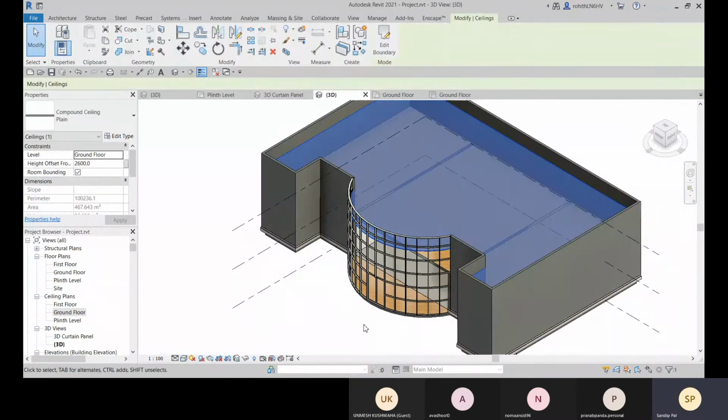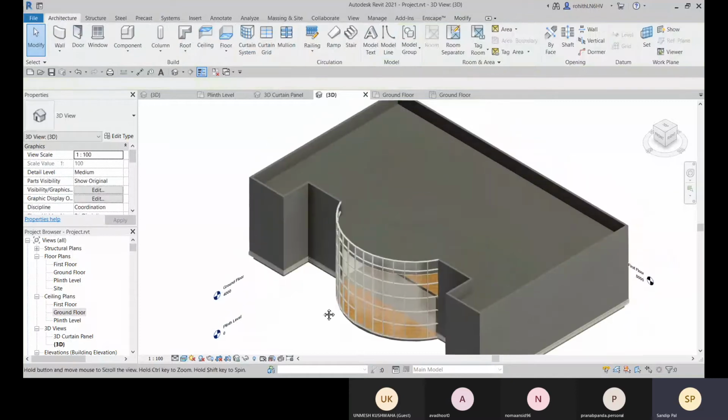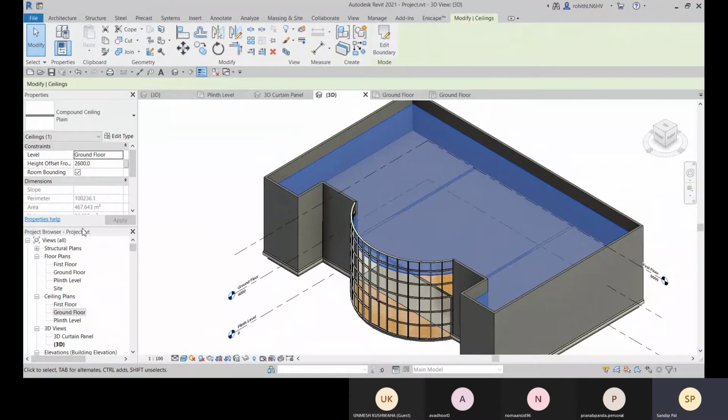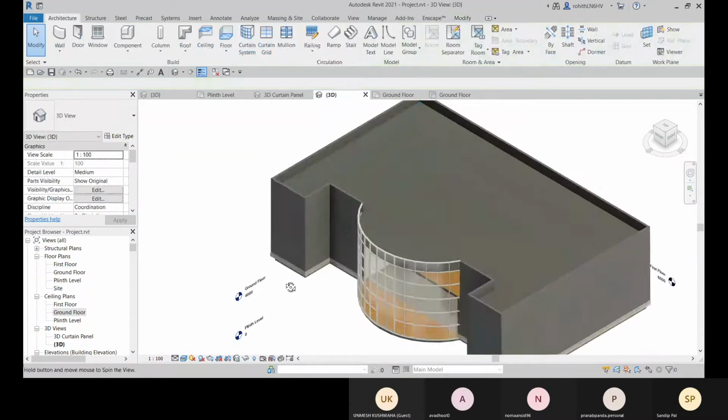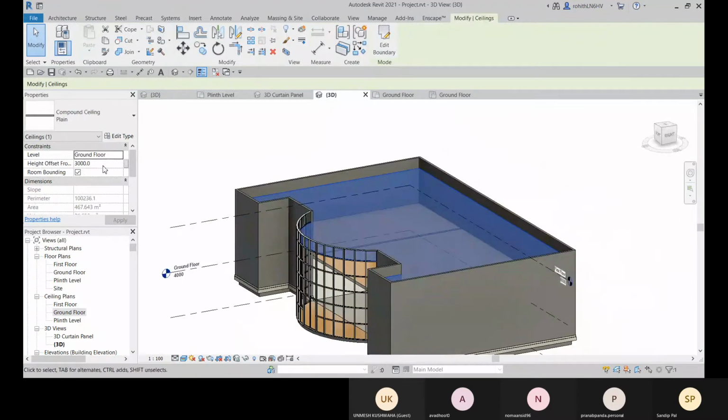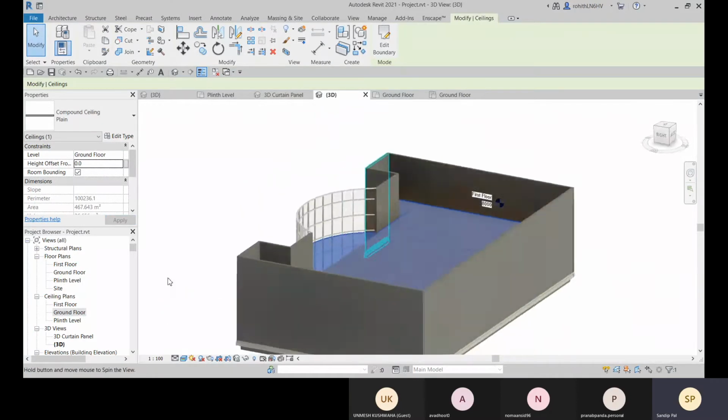You can open up the realistic view and you can change the height. That is the ceiling. And you can place it at zero height as well. So that is also possible.